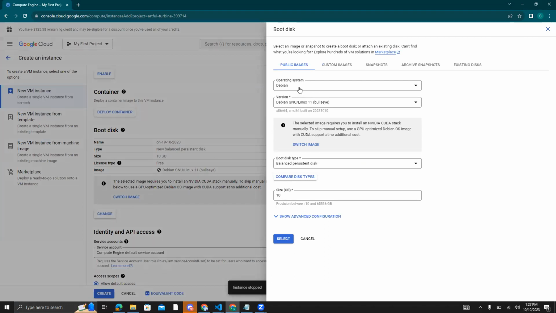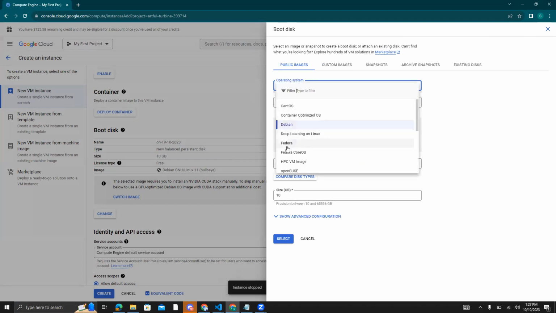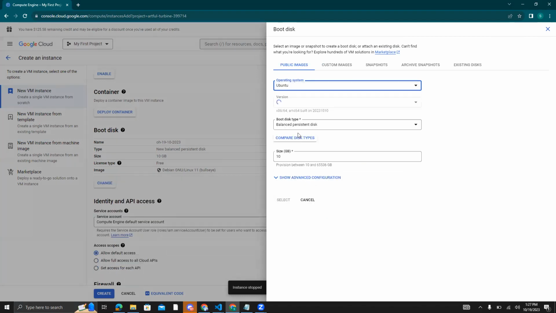For this part, you can decide the operating system on which the instance will be running. I prefer to go for Ubuntu. Then you can just take this, which is the long-term support. LTS means Ubuntu long-term support version. The disk you can just keep this. Then for the size, maybe take